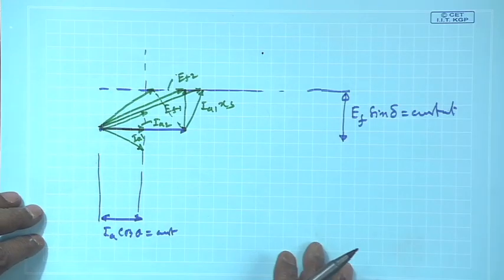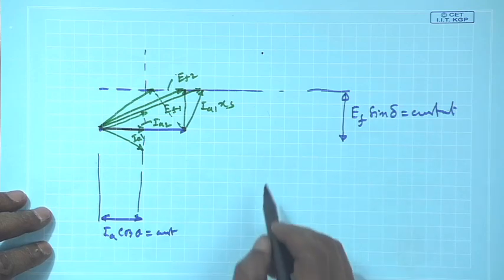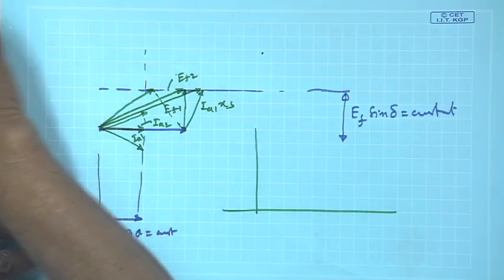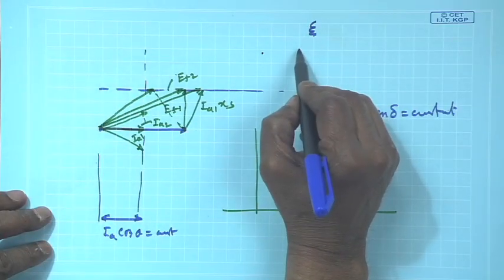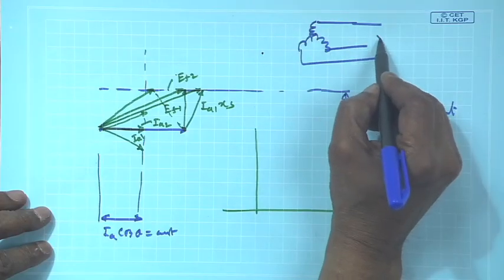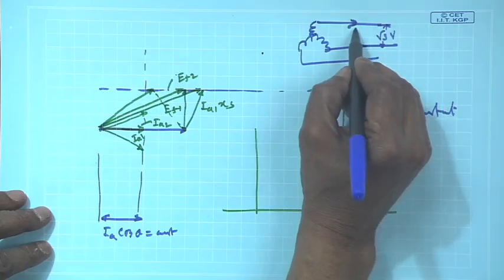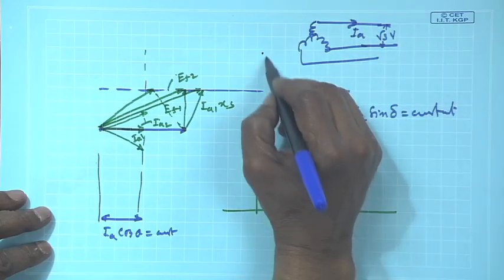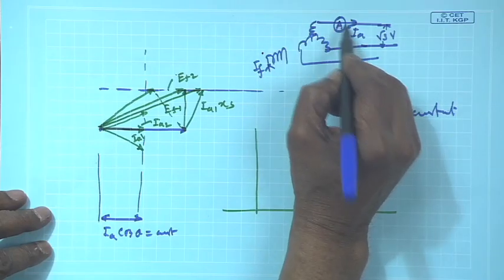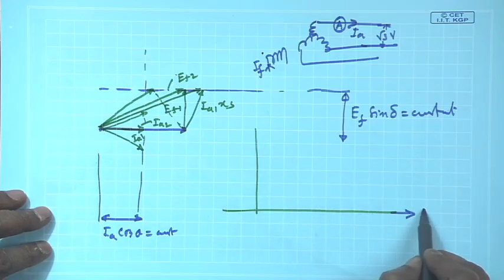I have some idea. Therefore, I can draw a curve. So, the observation will be in the experiment. If you do some experiment, this is connected to bus, here this voltage is root 3 V line to line, and this is your generator mode I a, this is your excitation I f. Then you connect an ammeter here,